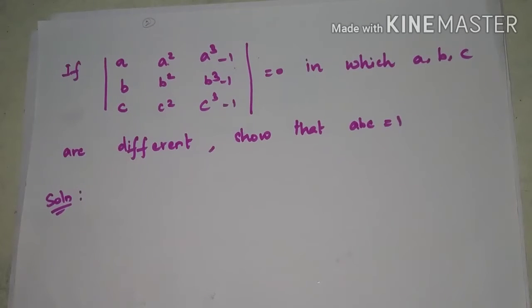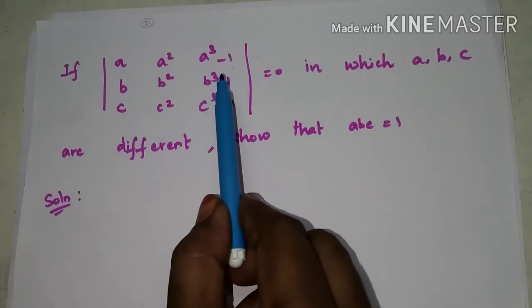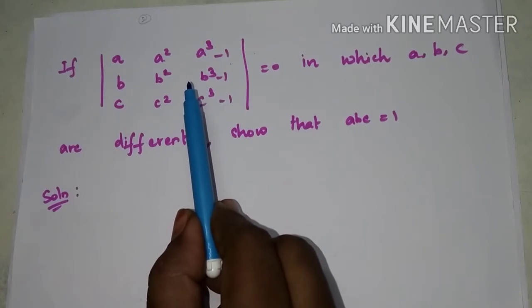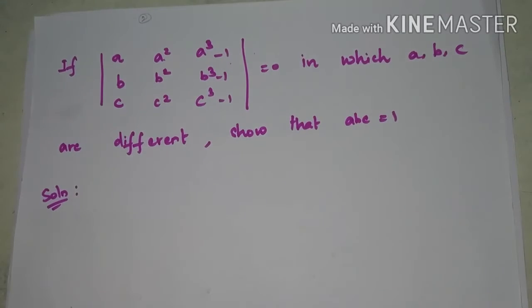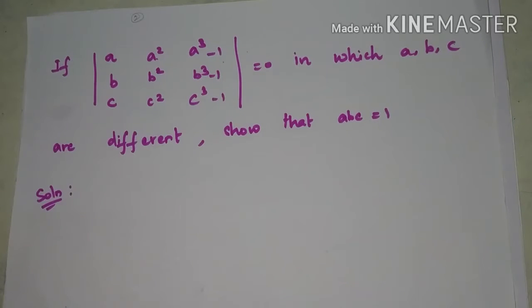The fifth property states that if each element of a line consists of m terms, that means here column 3 has m number of terms, then the determinant can be expressed as a sum of m determinants. Let's see how this problem can be solved. Okay. First,